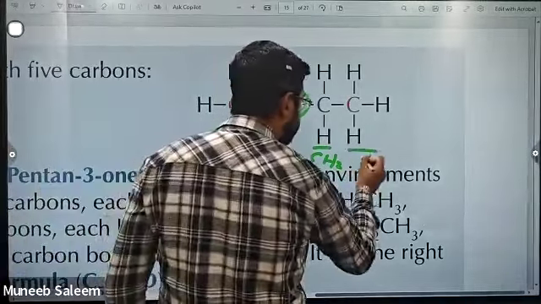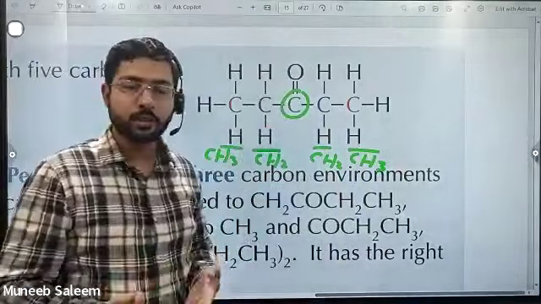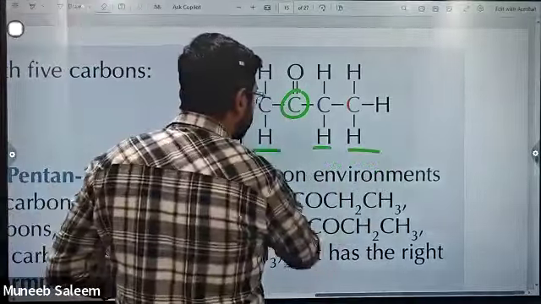It has CH3 which is bonded with the CH2. So both the sides of this carbon are equally the same. So that's why it is one type of the carbon atom. We now check for the